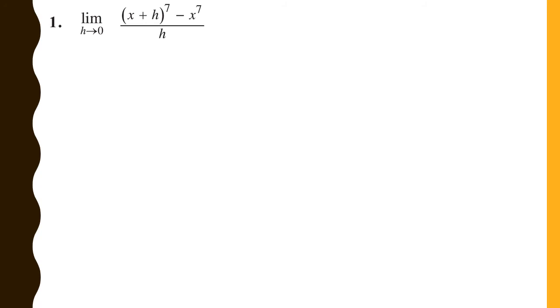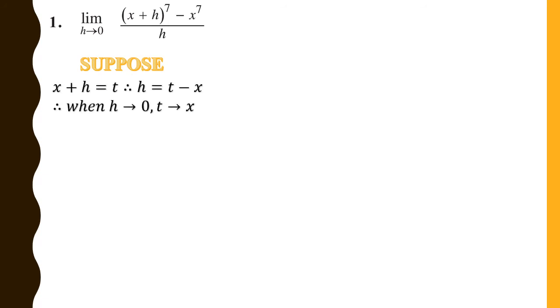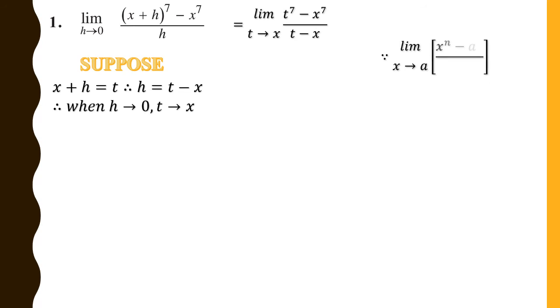The first sum, limit h tends to 0, x plus h raised to 7 minus x raised to 7 upon h. As you know, this is a format which we can't directly use, so we are supposing here that x plus h is t. So when we change the side, h is equal to t minus x. Now here h tends to 0, so we are assuming that t tends to x. So we will change x plus h as t, h as t minus x, and h tends to 0 as t tends to x. So once we get this format, we can directly remember our proof, and using that proof,